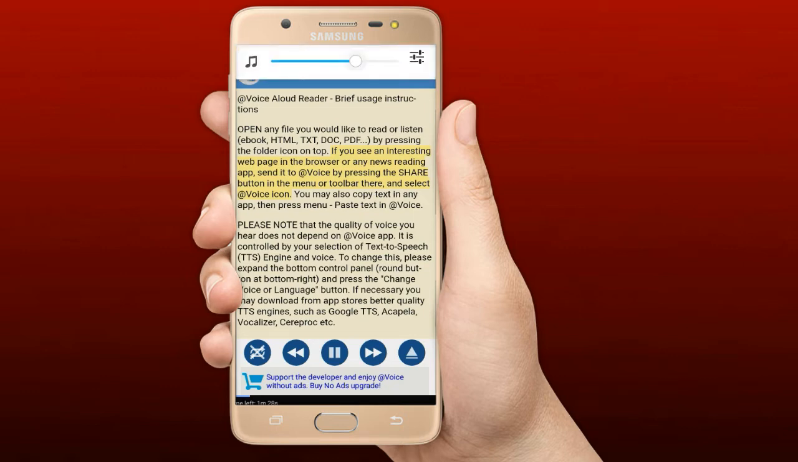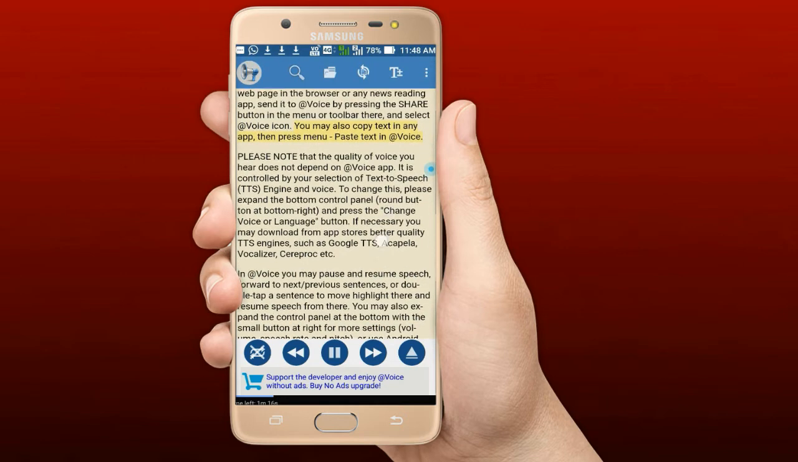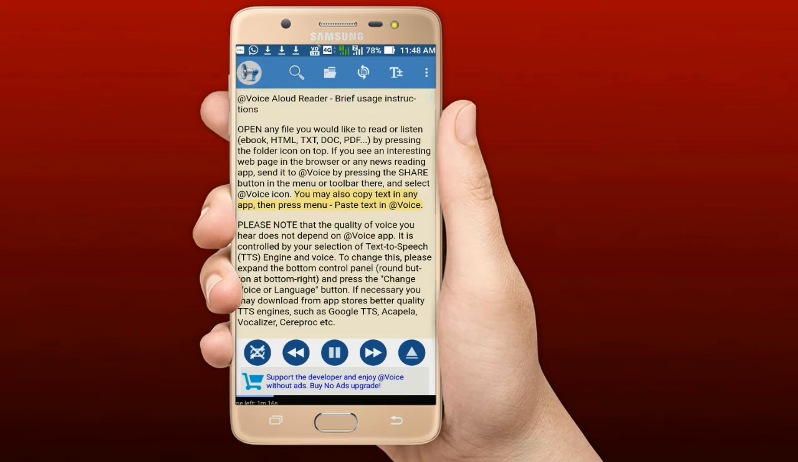Just have a look at how the menu or toolbar works, by pressing the share button in the app and selecting the voice icon. You may also copy text in any app, then press menu and paste text in Voice. Please note that the quality of the voice you hear